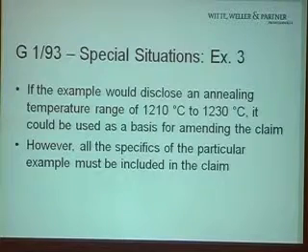However, as a previous speaker already told us, in this case we would have to deal with the specifics of the example. So the EPO would require us to include all the specifics of the particular example into the claim. So that would, in some cases, lead to a very narrow claim. However, it would give us a rescue from revocation of the patent in total.